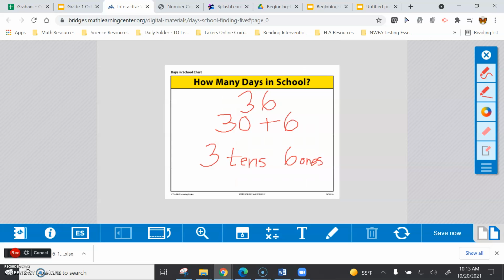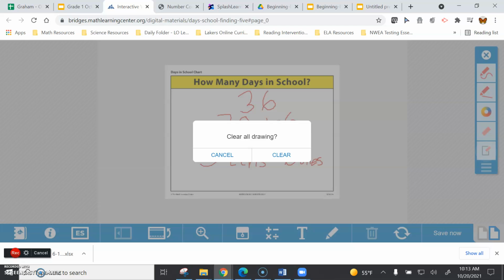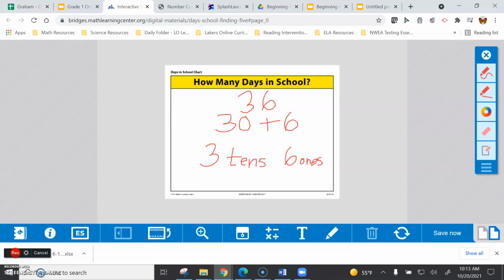Incredible. 37. So let's see what we can do for this information. We can put in our 37,